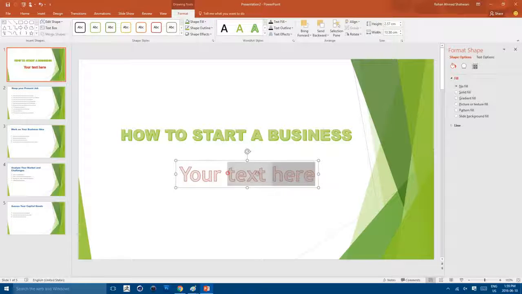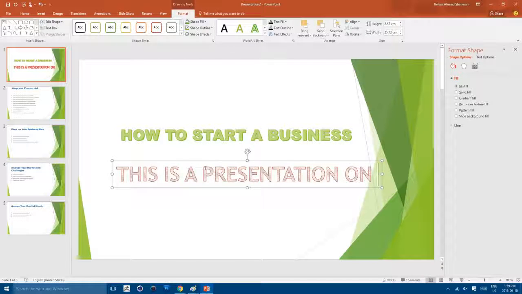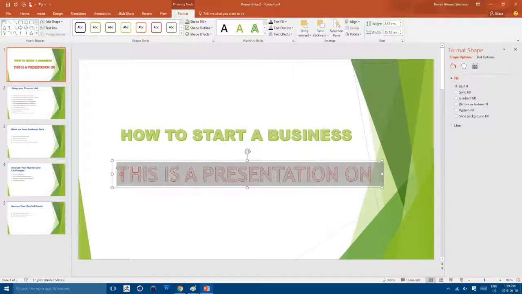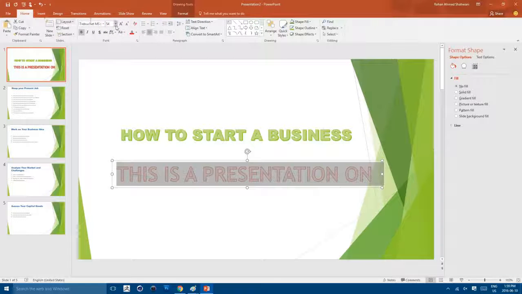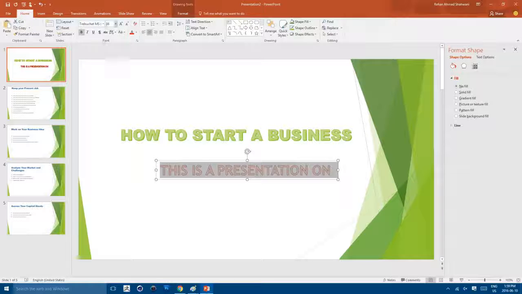So you just want to highlight it, change it to any text that you want. This is your personal customization. This is a presentation on... Okay, so I'm just going to highlight this, go to Home tab, change the size to 36, and I want to